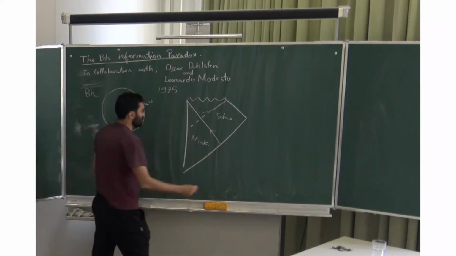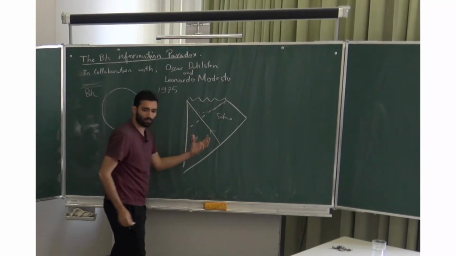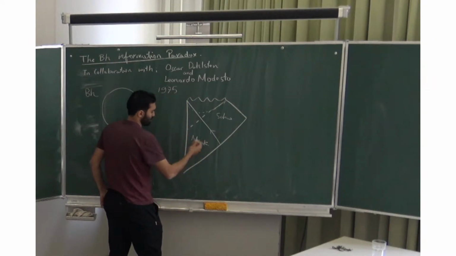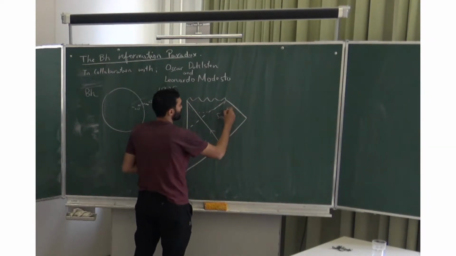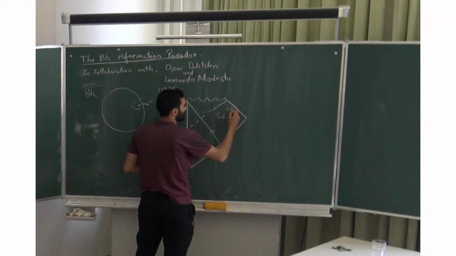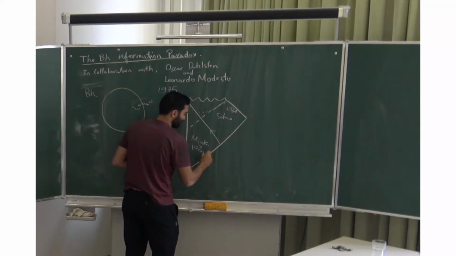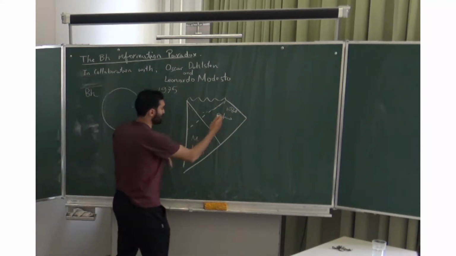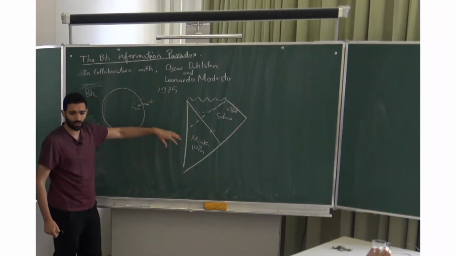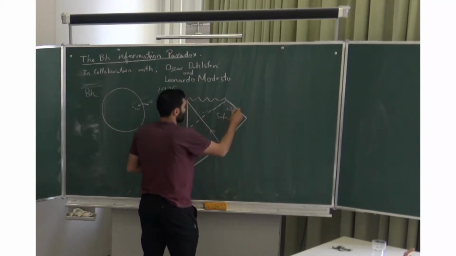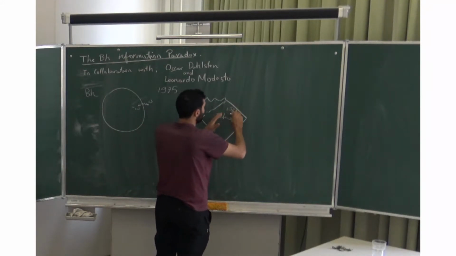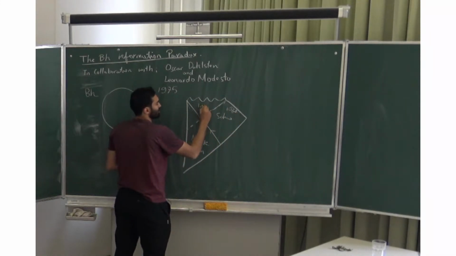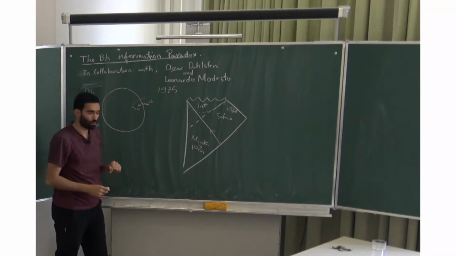Then you can compare the definition of your vacuum in these different patches of your spacetime. Here your vacuum is the normal Minkowski vacuum we know. Here the vacuum is another vacuum. So they call it zero out, and this is zero in. This is the in region, this is the out region. Then he compared the out vacuum with the in vacuum and showed that there will be radiation in the out region. And this region, he calls it int.